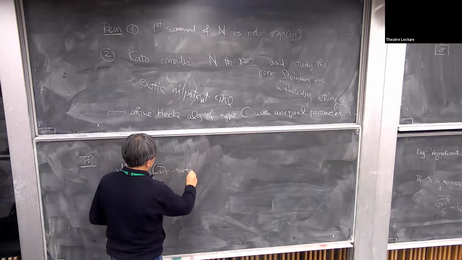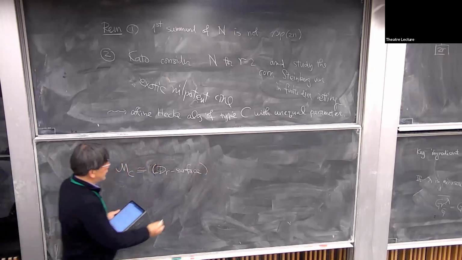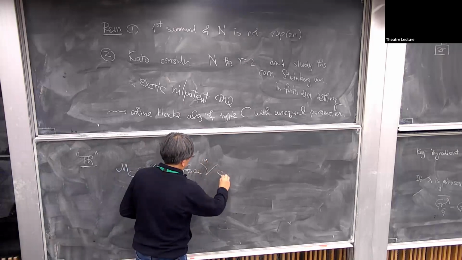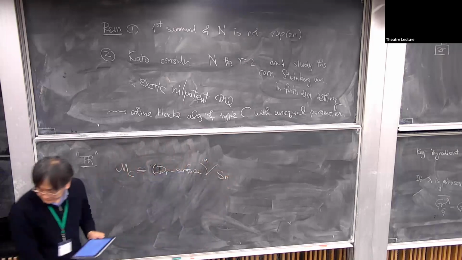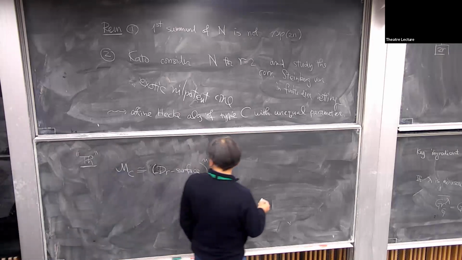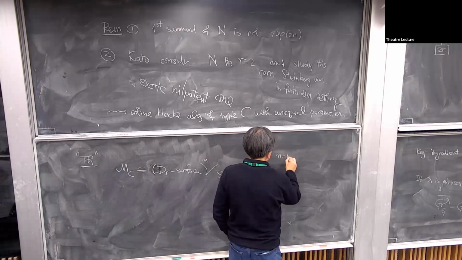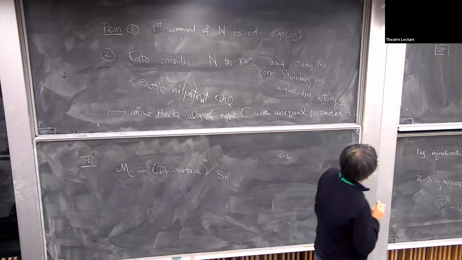So you consider the type D_R surface, take n times and divide by Sn. And one of the key results for this, if n equal 1,